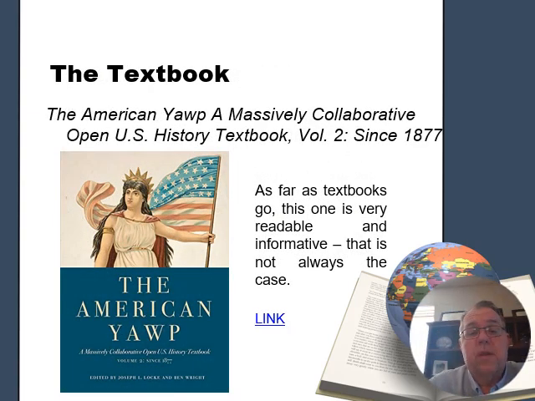So what textbook are we going to use? Well, you know what? It's the American Yawp. You see a picture of it here, but it's online. There's a link here. There's a link in your syllabus. And as far as textbooks go, this is not bad. I've seen some horrible, god-awful textbooks before that you can't read without going to sleep. This is not too bad. And it's informative and it's readable. And that's not always the case when you start getting into some of the deeper history fields. I swear historians write for each other, which means about 5 people read it and one of them's their mama. But this one is very well done, so you're getting a pretty good overview here.